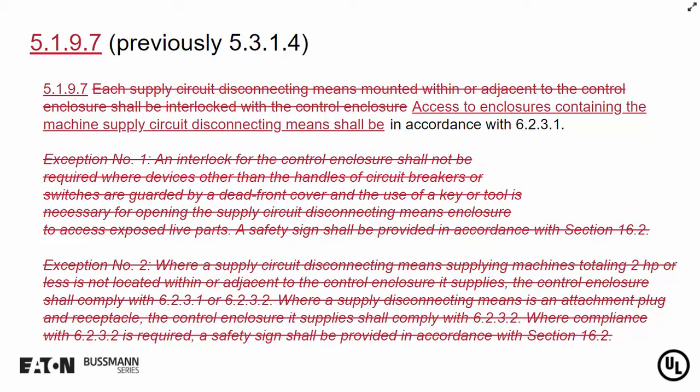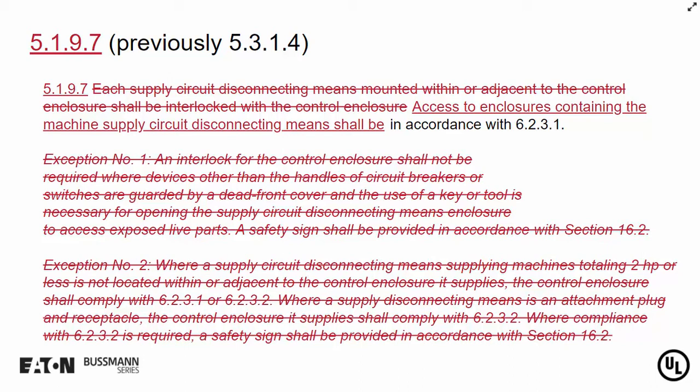So let's move on to the next section, 5.1.9.7. So section 5.1.9.7 was previously section 5.3.1.4. And I know it looks like there's a lot of things struck out here, but really the change is not as drastic as it looks, okay? So this section covers the enclosure access requirements for the machine supply circuit disconnecting means. And it requires them to be in accordance with